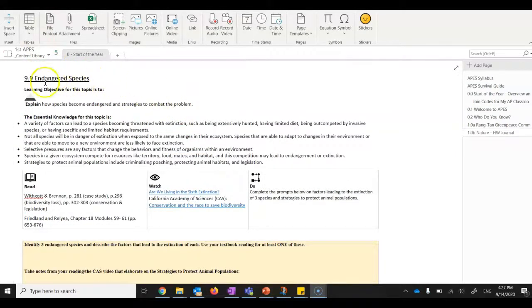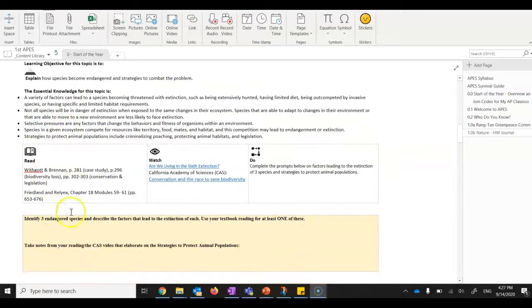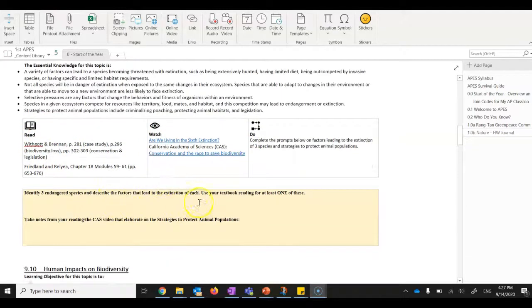Here we're looking at the EK for endangered species, EK number 9.9, with a different learning objective: to be able to explain how species become endangered and strategies to combat the problem. This has 5 bullet points for the essential knowledge, a different section in the textbook that you need to read, a different video, and instead of just taking your own notes, we want you to identify 3 endangered species and